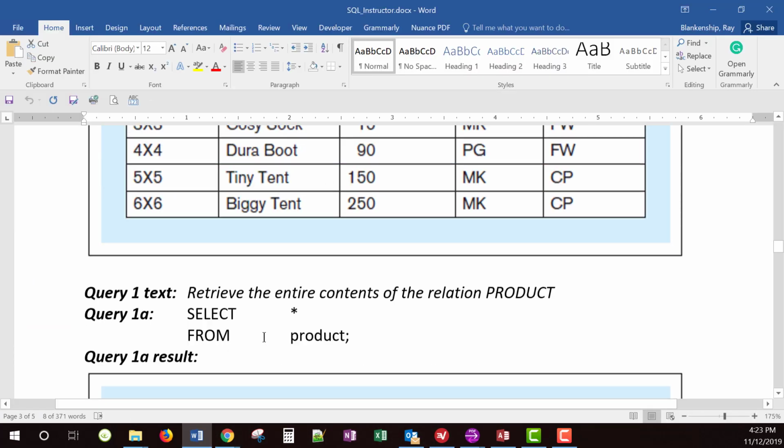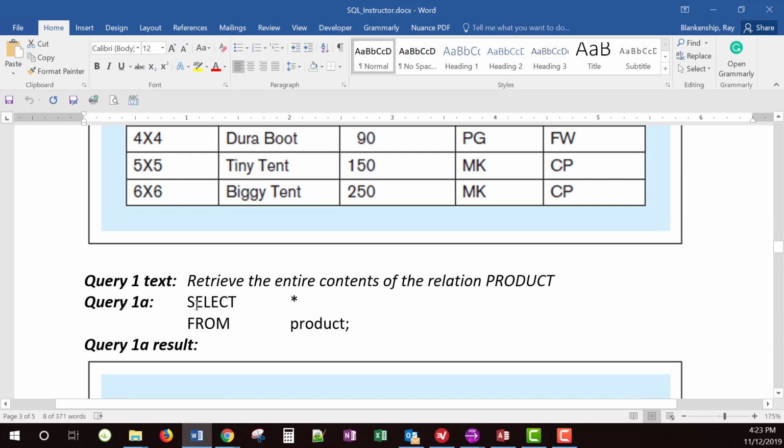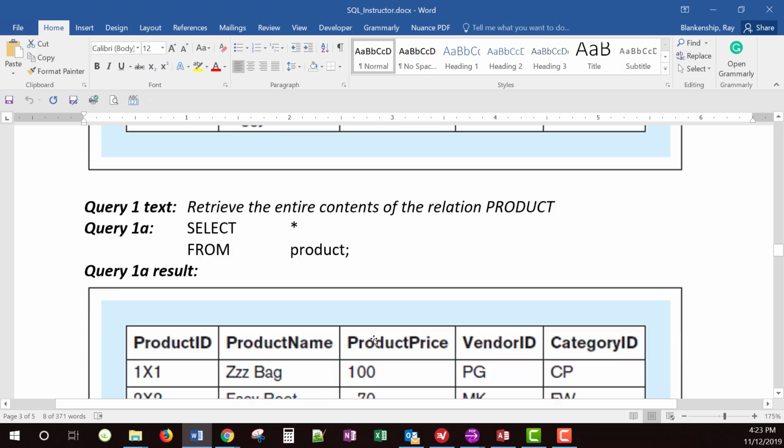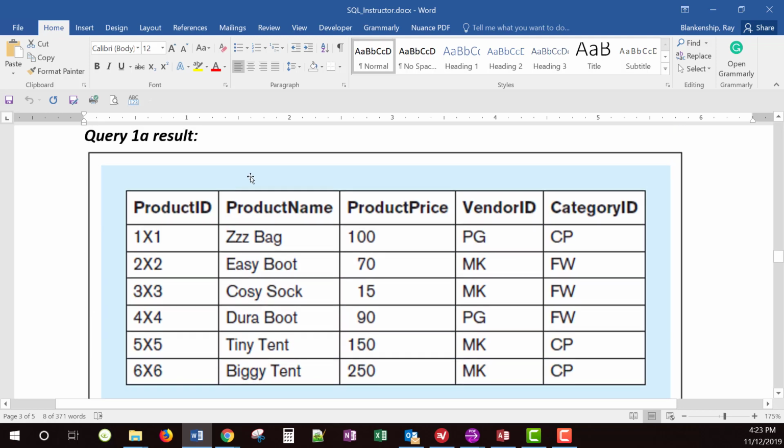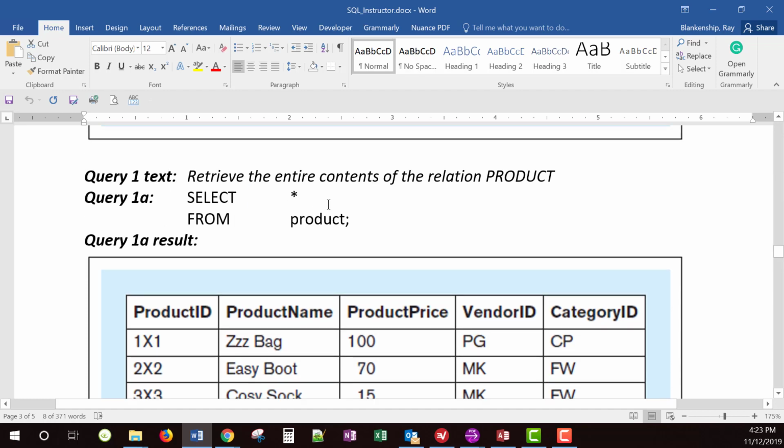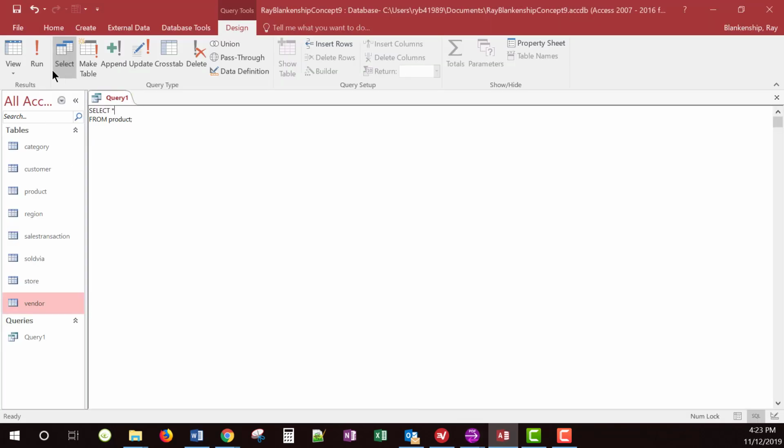Remember, that is this query statement, SQL statement, and the result should be the same. Using the asterisk here represents all of the column names or field names out of this particular table. So if I go back to here and I run this,